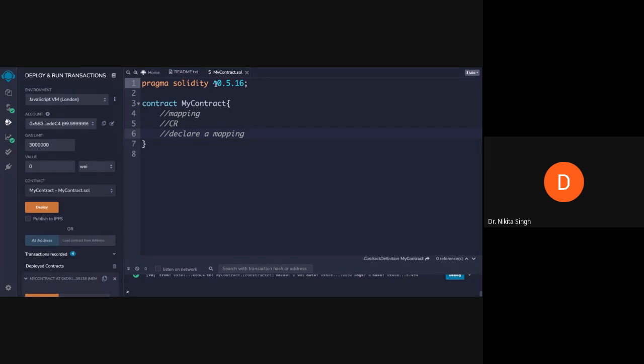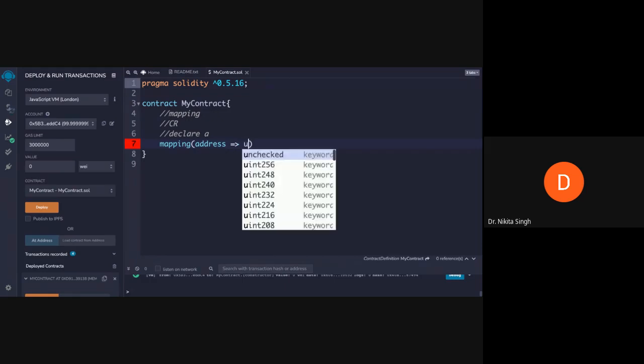The important thing to know here is that you can declare your mapping as a state variable. How do you do that? You say mapping. This mapping keyword will declare your mapping, and here you can give some address, and this address is getting mapped to some amount of ether. And since ether is an integer, you will be using int.